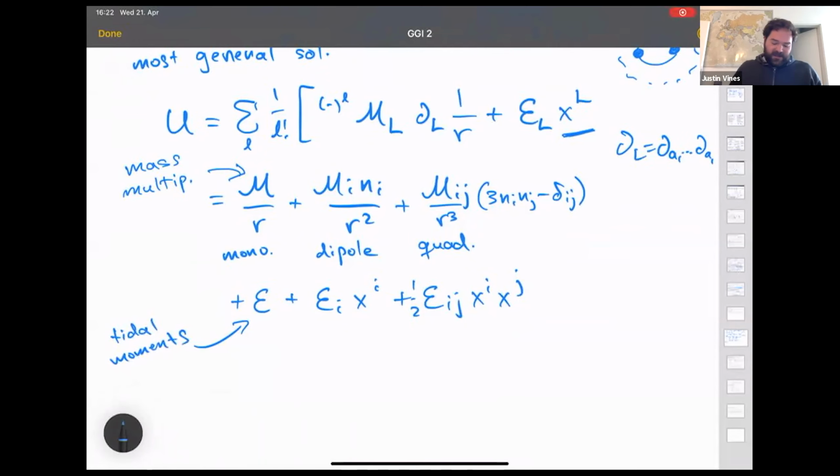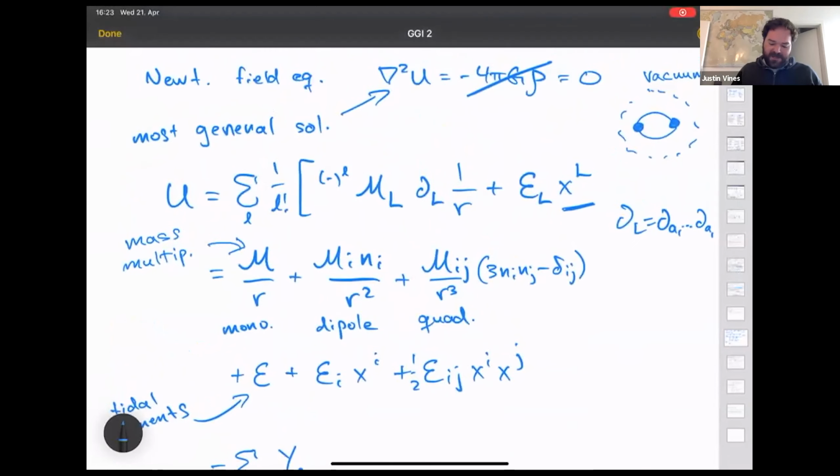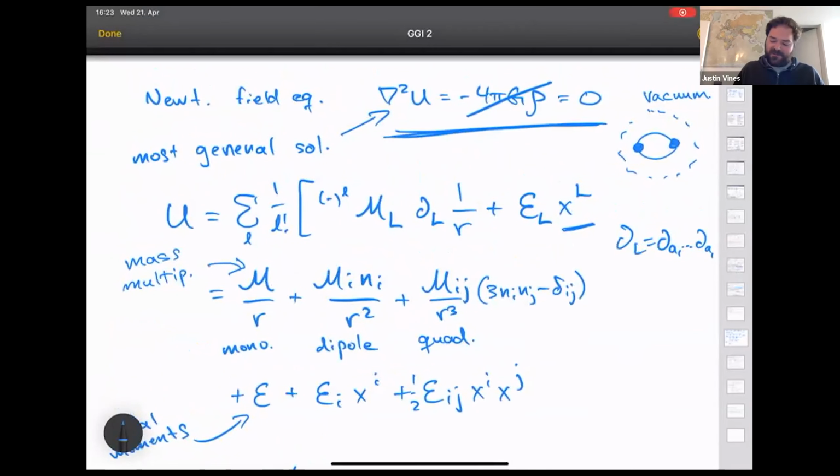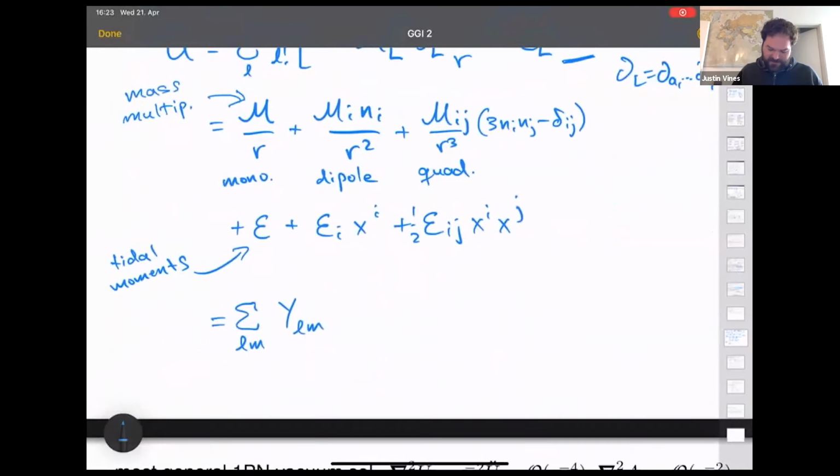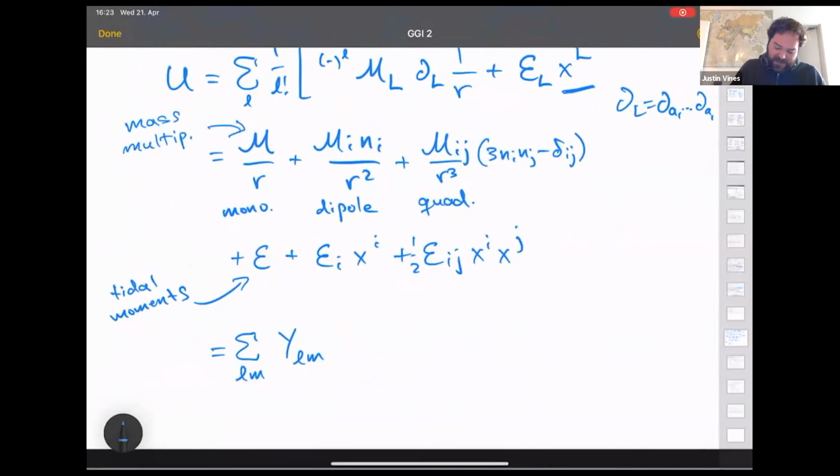All right. And finally, just to make contact with something that might look somewhat more familiar, this expansion is completely equivalent to an expansion in spherical harmonics. Right? So we were talking about what is the most general solution to the Laplace equation. And it might be somewhat more familiar to some of us that can be written as a sum over spherical harmonics times, let's say, A_LM over r to the L plus 1